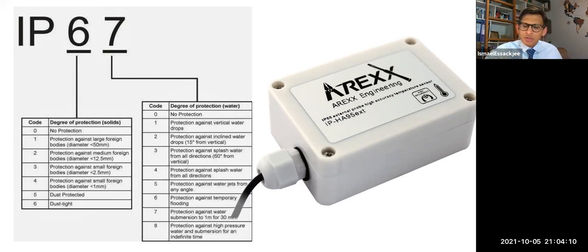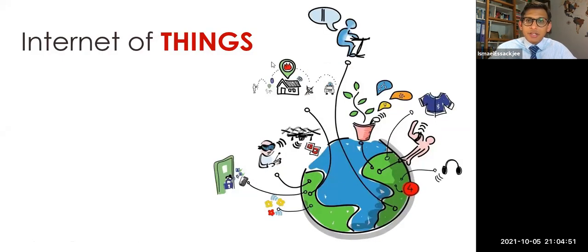You will need to switch off your computer, switch off your mobile phone, and maybe use a hair dryer to dry the mic and inlet and so on to remove water. But you can take pictures, you can record videos underwater as well with your iPhone. I don't know for Android, but for iPhone I can tell you. So check the IP of maybe your watch. Okay, waterproof watch. How far can you go? How deep can you go? For how much time? These are going to define the IP protection. So whenever you're going to choose your sensor, your actuator, whatever, you need to be careful about what IP you're using. Okay, next part now.